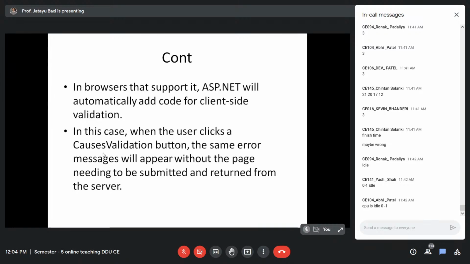So basically, the validation that you are doing will happen first on the client side, and then if it is successful, the data will be sent to the server, and validation will also happen on the server side. Right? So this is more benefit to you, because first, you don't have to write the code yourself for the client side validation, and it is a two-step validation. One is client side and another is the server side. Now, how to enable the client side validation, that we will see when we look at the practical example.